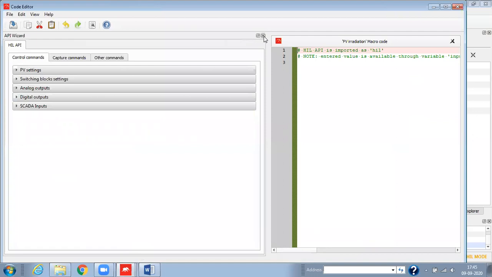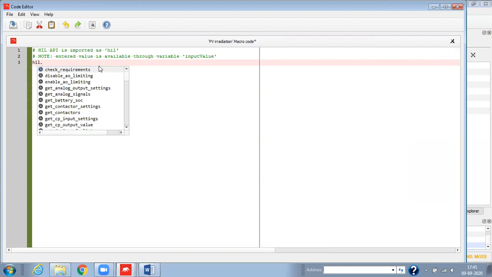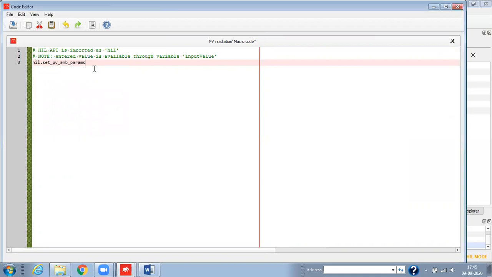So either we can write the code or we can do it from here. So we'll write the code for that irradiation. So HIL dot set. Now we have to choose the file. So we have the PV file.